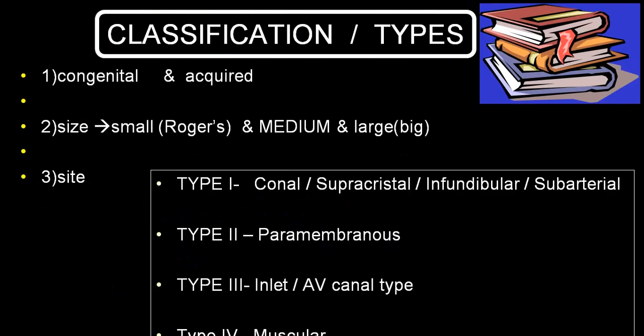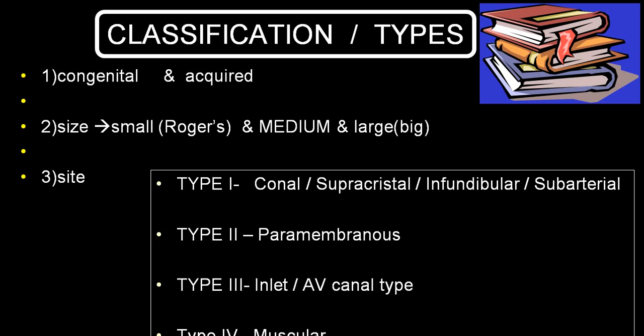Now there are different terms which are utilized. One, congenital and acquired. What we are going to discuss at present is congenital. Among acquired, in a person who develops an anteroseptal infarct, particularly because of occlusion of the LAD, it will produce an infarction, necrosis of the interventricular septum, and that can rupture and produce an acquired acute ventricular septal defect. Very rarely while doing a catheterization you can have a perforation and produce an acquired ventricular septal defect.